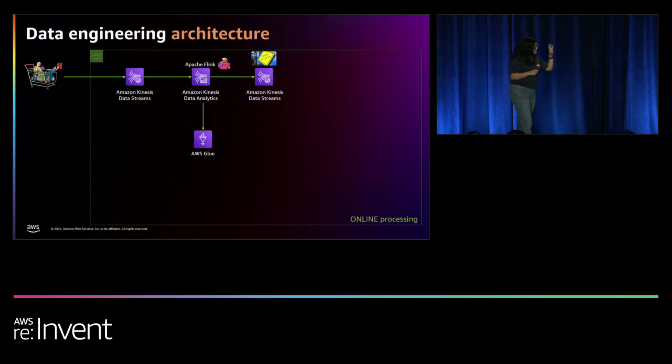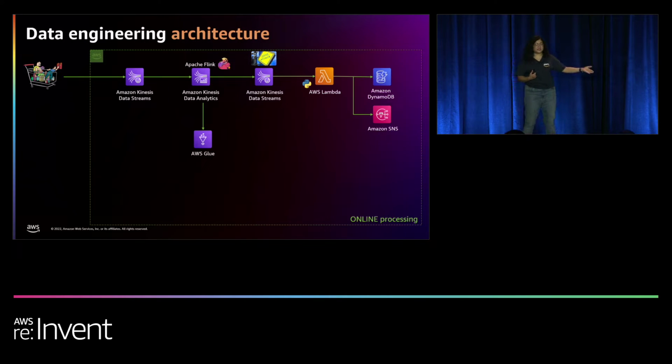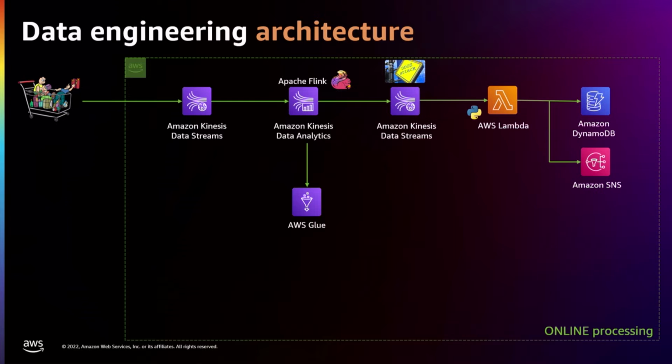And when an attack is identified by the processing, that data is going to be pushed into another Amazon Kinesis data stream. This stream, if there's data in it, will invoke an AWS Lambda function that will simply trigger an SNS notification to your team and store this information into a scalable NoSQL database like Amazon DynamoDB. And with this, I think I'll hand it over to Suman to take us forward.